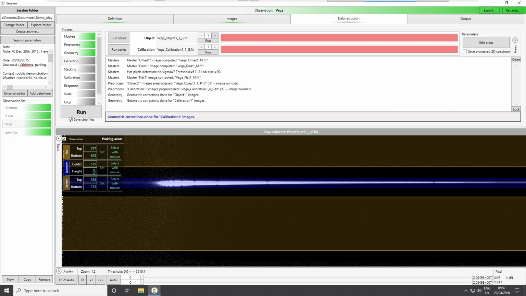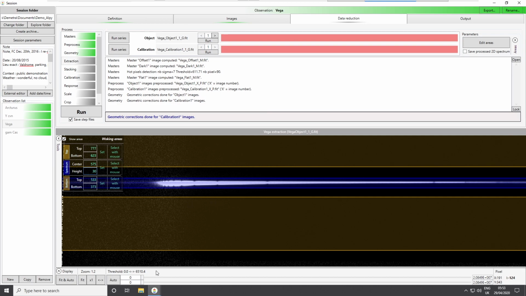So it is better to have a smaller area. If I put it very wide, in fact it will take some pixels in which there is no signal. Okay, so it's a pity because it will make the calculation a little bit false and with no interest. So it's better to have something well around the spectrum itself.